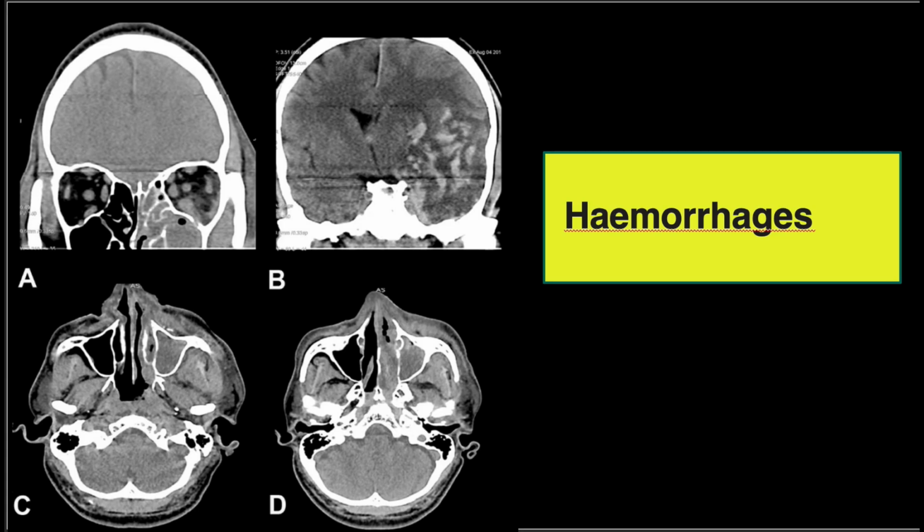Last but not the least, this is a case of classic mucormycosis with retro-orbital cellulitis, and there was cavernous sinus invasion in this case. Premaxillary and preseptal soft tissue swelling is also seen. In this case, because of cavernous sinus thrombosis, there is massive hemorrhagic venous infarction resulting in midline shift, and this patient succumbed to the mucormycosis immediately.